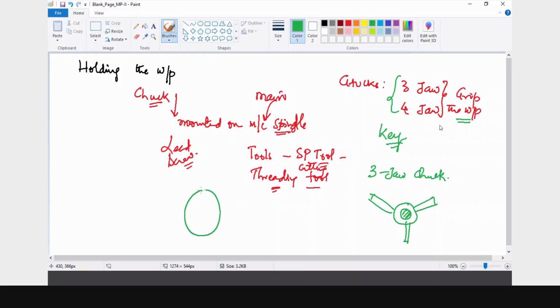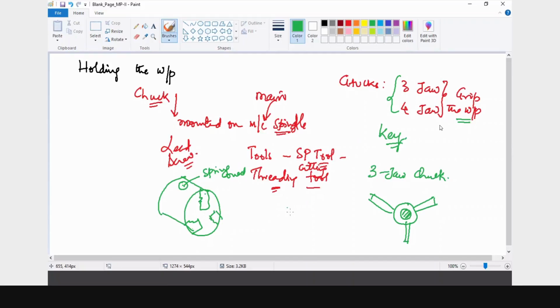So you will have the jaws at this location. This is one jaw. This is one jaw. This is one jaw. So you will have a hole at this location which is connected to three jaws, and this will be spring connected. So here you are going to either tighten or loosen, and all these three elements move simultaneously in the three-jaw chuck.